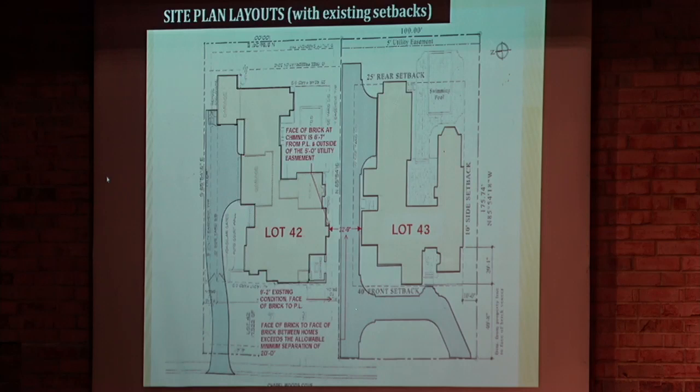So they are asking the Planning Commission for a plat revision for these 2 lots. So on Lot 42, the southern side yard setback would become 6.75 feet, and on Lot 43, the northern side yard setback would become 13.25 feet. They would both still have a 10-foot side yard setback on the north side of Lot 42 and the south side of Lot 43, so they would be in conformance with